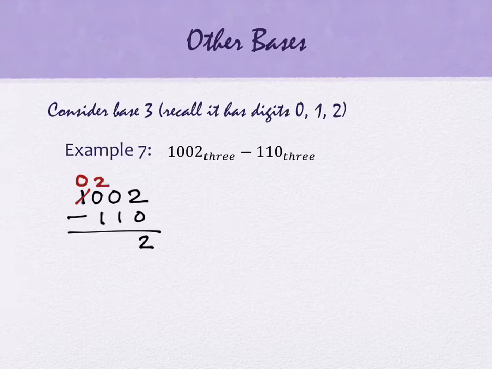And I borrow a 2, which is great because I can now do the 2 minus 1, but I still have this column right here that I can't subtract in, so I need to adjust that. So this 2 actually needs to be changed as well. So I'll have to borrow from the 2 to make it a 1, and I'll borrow 2 because I'm working in base 2. And then I can subtract. So in the 2's column, the second column from the right, I have 2 minus 1 would be 1. And then I have 1 minus 1, which would be,